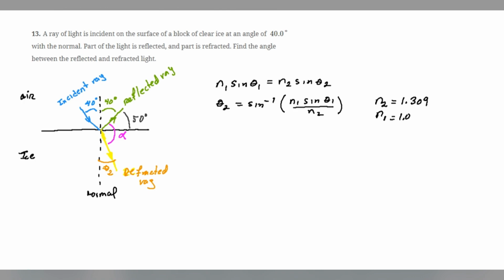And we know the angle theta sub 1, that's 40 degrees, because it's the incident angle. So we are ready to find theta sub 2, the angle of refraction. It is sine inverse of then